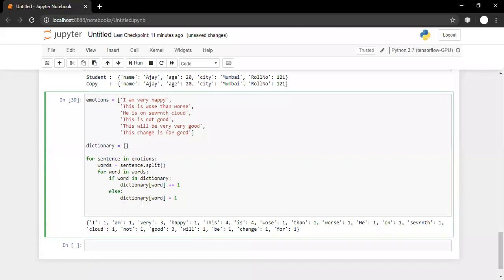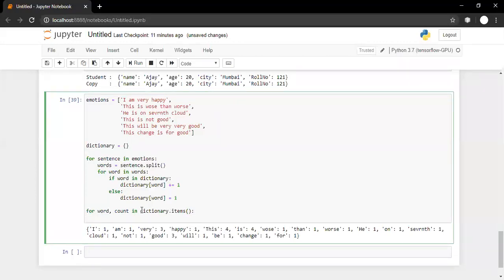We can print it in much better ways. So we can use a for loop: for word comma count in dictionary dot items. So items returns the key value pair, as we have discussed in the previous session.